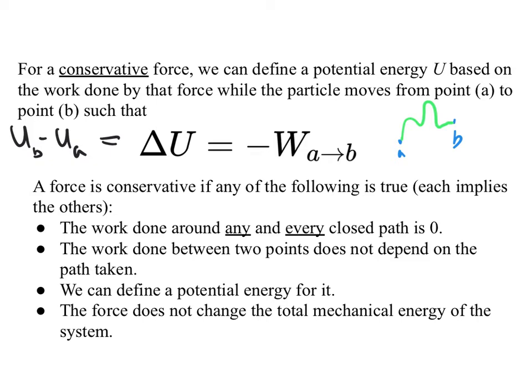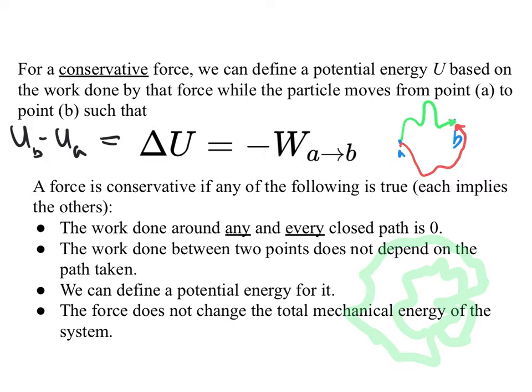A force is conservative if any of the following is true. Each one of these implies the other, so if any one of them is true, they're all true. If the work done around any and every closed path is 0. So if I take any point and take any path, and no matter what path I pick, I get 0 work, then that force is conservative. Also, if the work done between 2 points depends only on the points and not on the path you take,